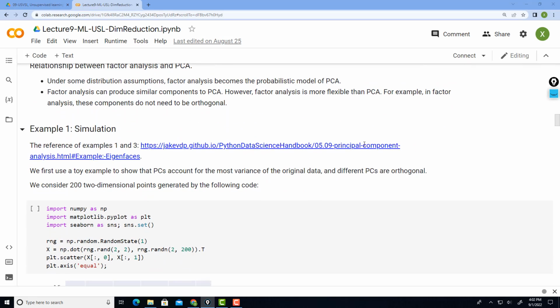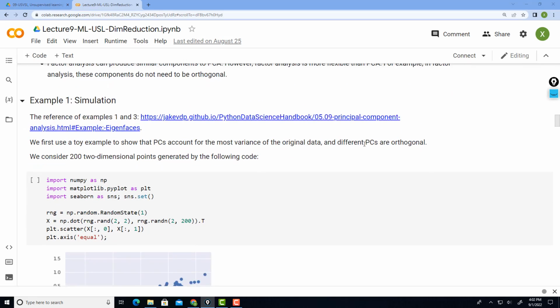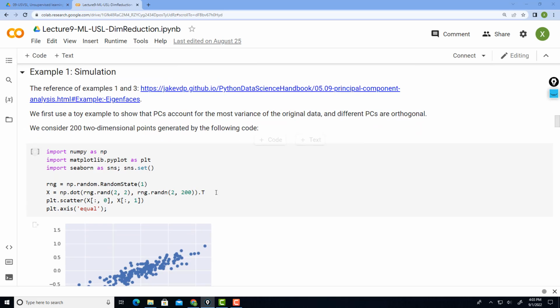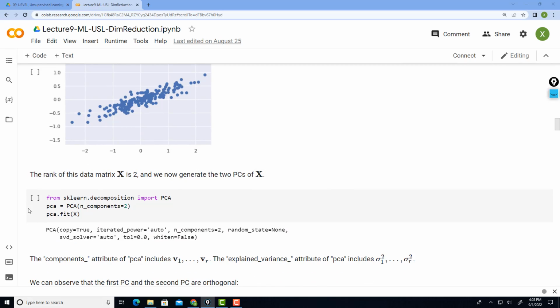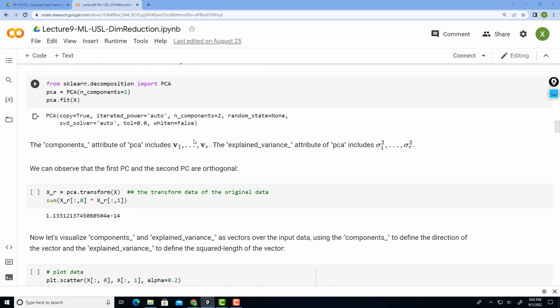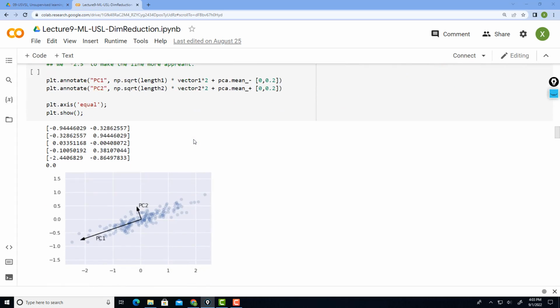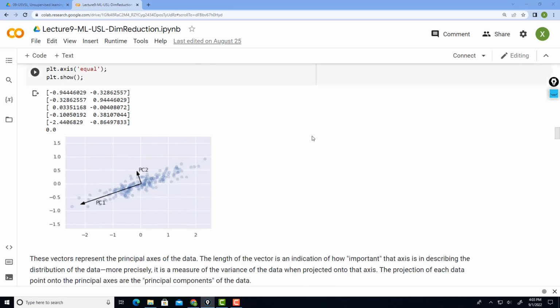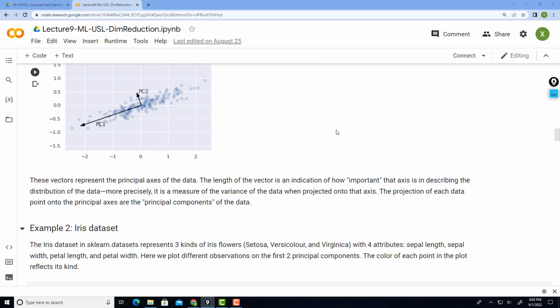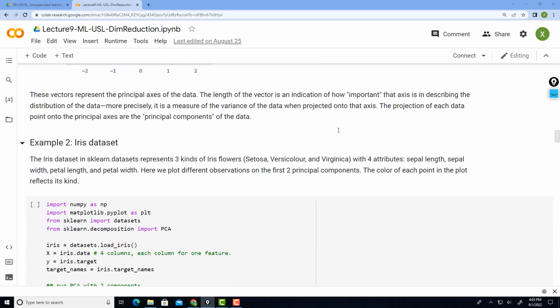All right, this is one example, which should be a very simple example. You basically randomly generate random samples in two-dimensional space, and then you call the scikit-learn principal component analysis, and you solve it for the first principal component, and then you identify this is indeed the direction that can achieve the maximum or largest variance. So that's one example. And then you can also implement the principal component analysis on this iris dataset.